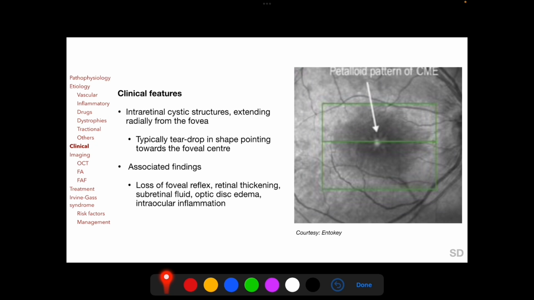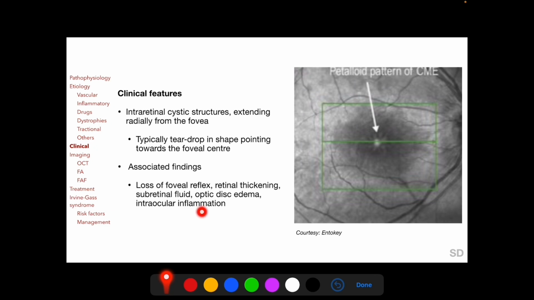On clinical examination, we may be able to detect intraretinal cystic structures extending radially from the fovea, but this may be very subtle and difficult to detect clinically. Typically, these cysts are teardrop in shape, pointing towards the foveal center, as seen here in this fundus photograph taken by an OCT machine. Associated clinical findings include loss of foveal reflex, retinal thickening, subretinal fluid, optic disc edema, and